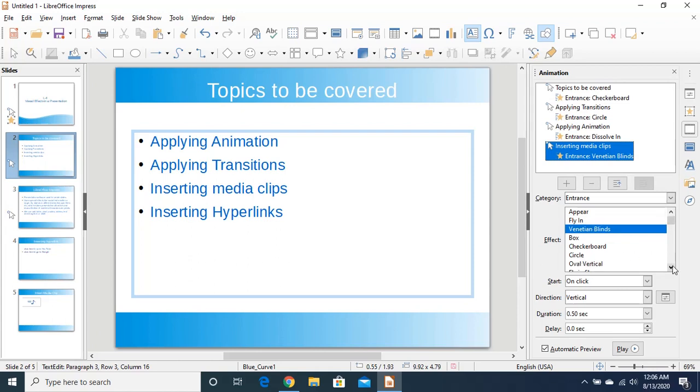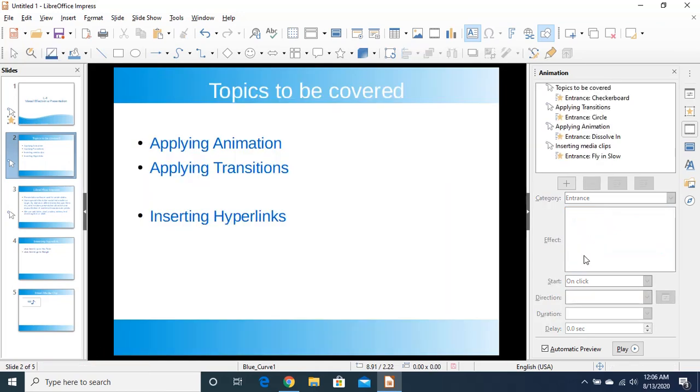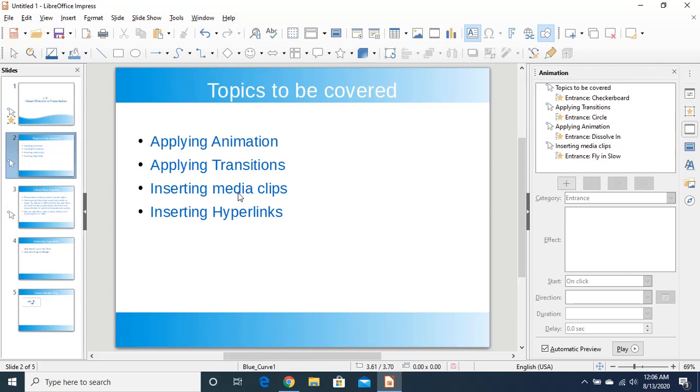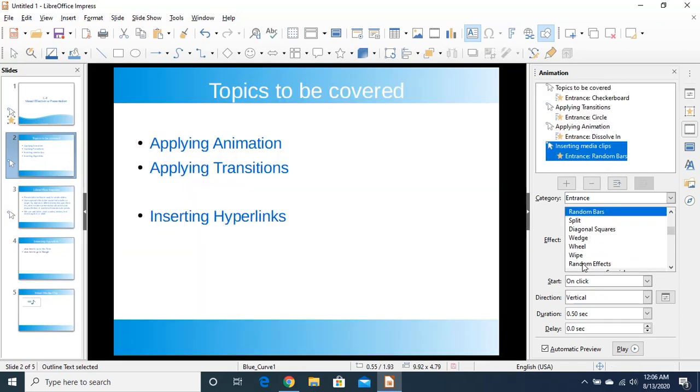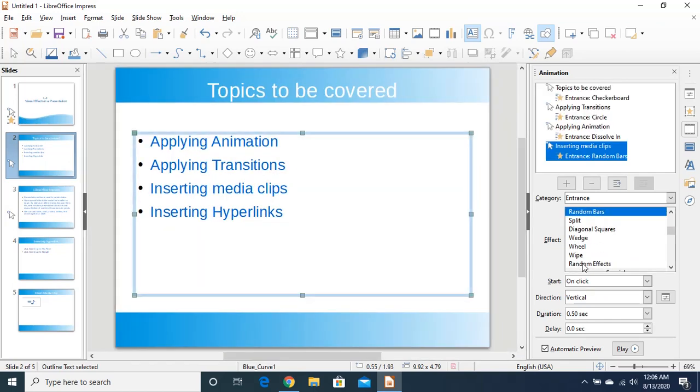Suppose I want to insert fly in slow, this one. So this is the way your text will appear on the screen. And you can also change your animation if you want to change. Suppose I want to apply random bars, so it will show random bars.